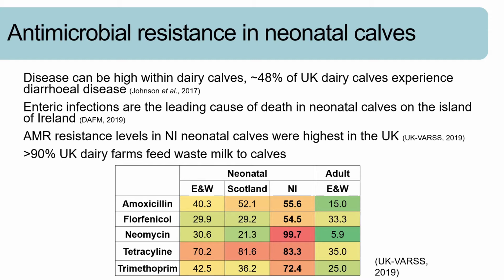So this table just shows the UK surveillance of resistance amongst E. coli isolates from calves and adult animals. And particularly within Northern Ireland, you can see that the resistance is high. For example, almost all isolates tested were resistant to neomycin. And this could be in partner with the high disease level, and also practices such as feeding waste milk, which